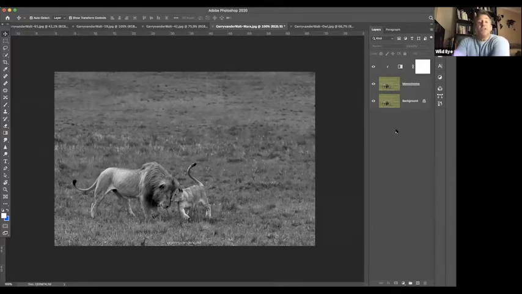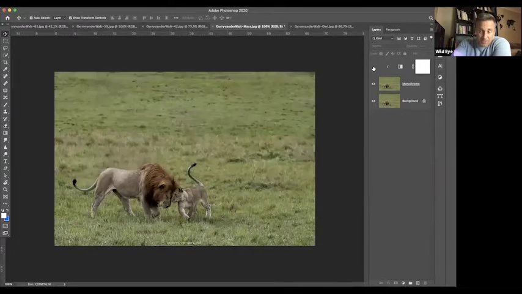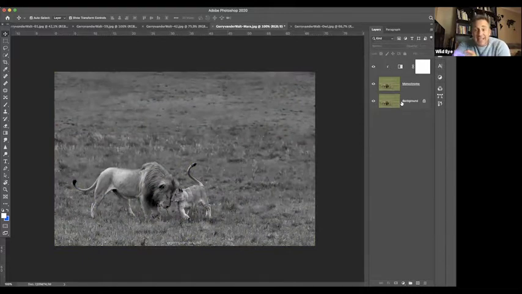Cool, Belinda. So now, if I want to see what's happening underneath, because what you're seeing on my screen is from the top down. People watch from the top down. These little eyes on the side, I can now hide the changes. If I take away the top layer, we're seeing everything that's underneath. But now I'm adding in the layer and I'm only seeing the top one. It doesn't affect the bottom one.